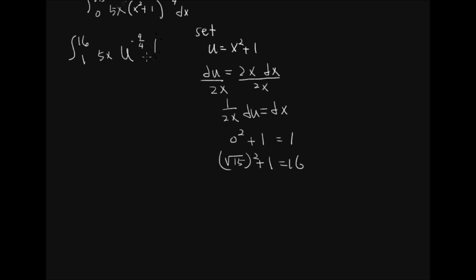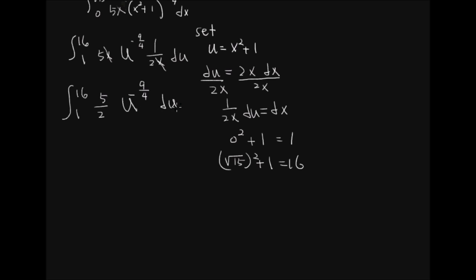Then this x and this x, we can cancel out. Then we can multiply 1/2 and 5 together, so we get integration from 1 to 16 of 5 over 2, u to the negative 9 over 4 power,